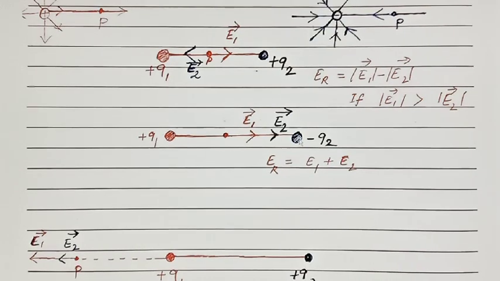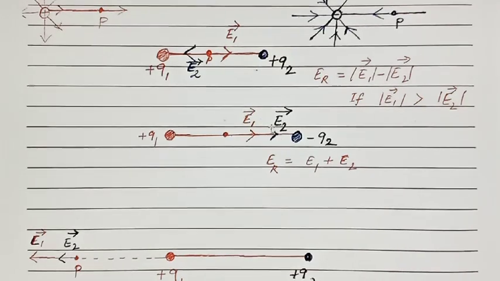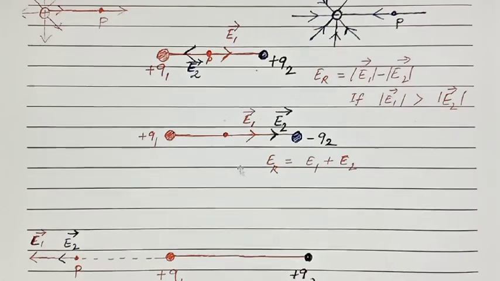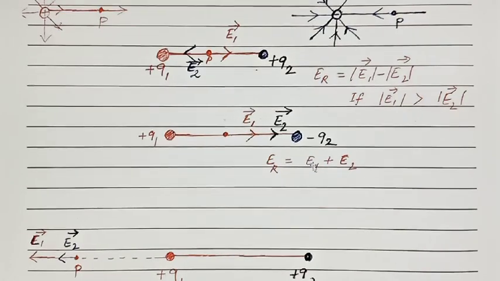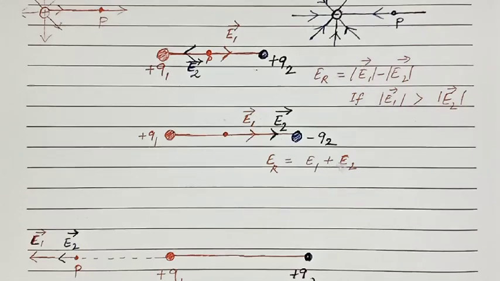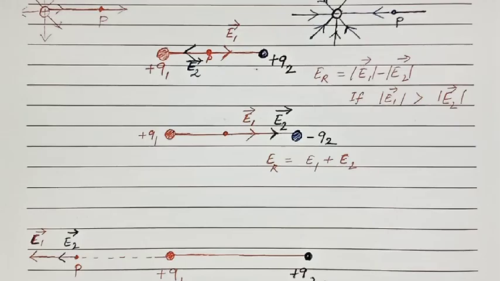And for this negative charge, again the direction of electric field will be in the same sense, as the electric field line has to pass through that point and get into the negative charge. So you can see the direction of E2 also. Here the direction of E2 is similar to the direction of E1. So to get the resultant magnitude, you have to add magnitude of E1 and magnitude of E2. So ER is equal to E1 plus E2, and the direction, you can see, is towards right.